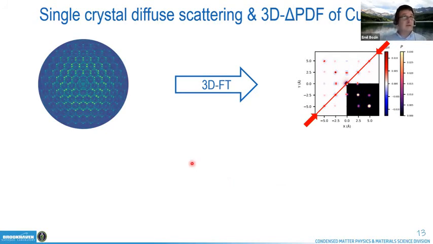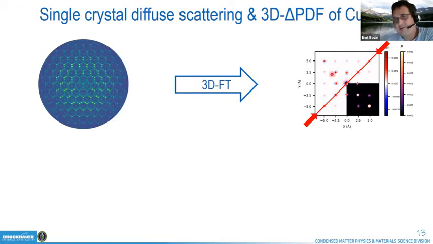You punch out the Bragg peaks that carry information about the average structure, and what you end up with is maps of diffuse scattering, which sometimes show interesting patterns. So this is one cut that shows bow tie type of signal reminiscent of that seen in spin or water ice. And then if you Fourier transform this into direct space, you end up with a differential PDF,